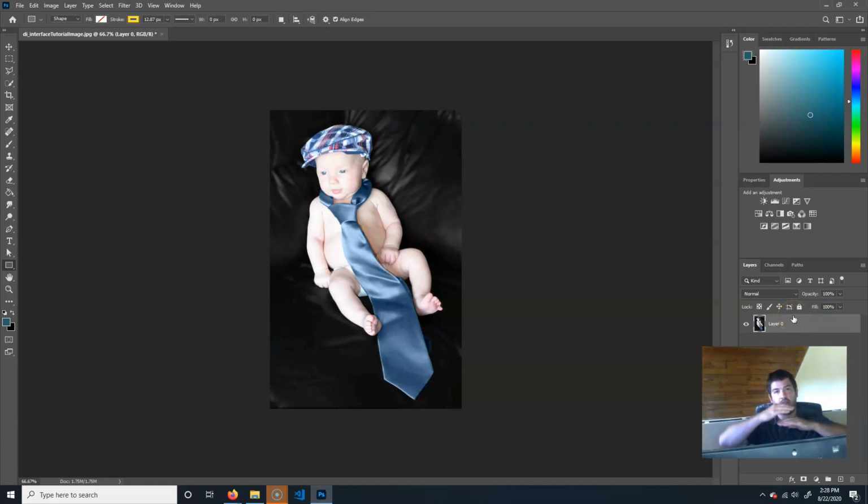And layers basically, the idea is, think that you have clear sheets of paper, one on top of the other. The one that's on the bottom. So if I do multiple ones of these, right? So now I have a couple. If I have multiple ones, if I go on this one here,